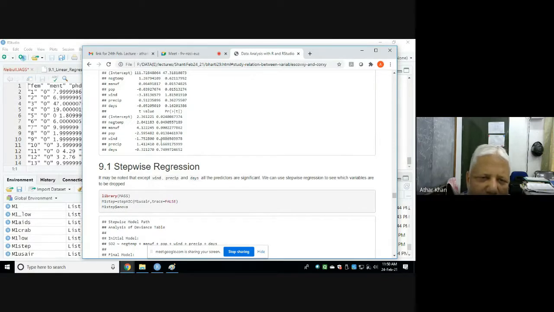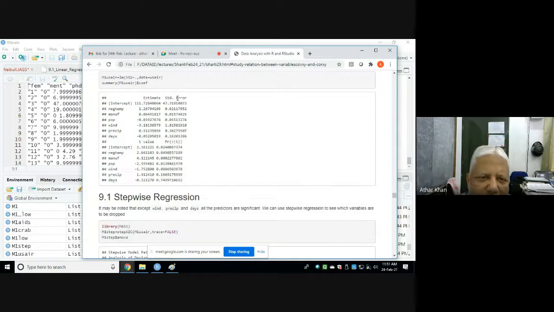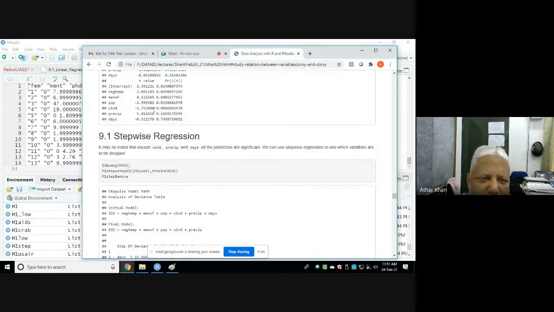Precipitation is also not significant, and days is also not significant. So these three variables are not significantly related with the SO2. This is the multiple regression analysis.